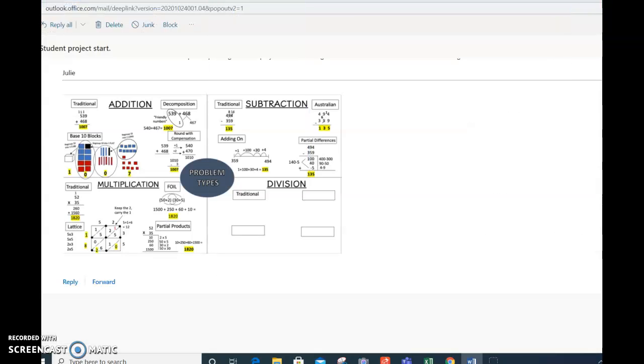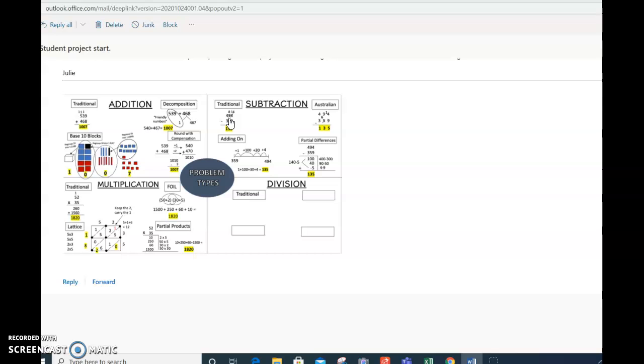So this is an example of a rough draft that a student did. Now, you do not have to type this. Some students did it by just writing in nice handwriting, totally fine. But this student went ahead and did adding: they did traditional, decomposition, rounding with compensation, and base 10 blocks. And then they did multiplication: traditional, lattice, partial products and FOIL. Subtraction, they did traditional,